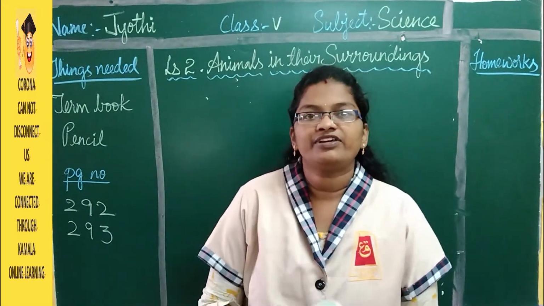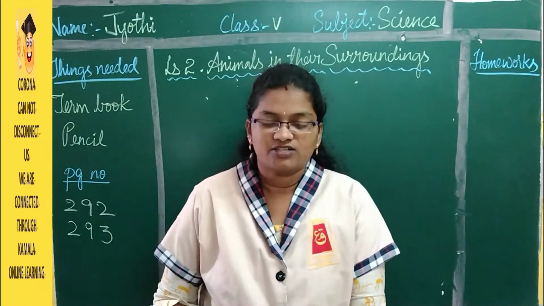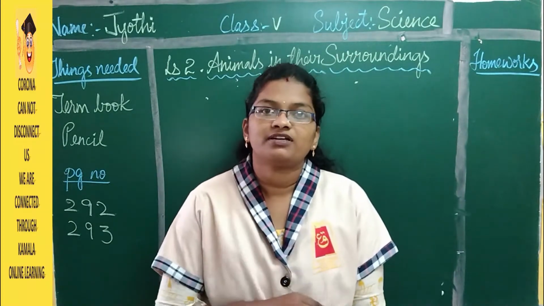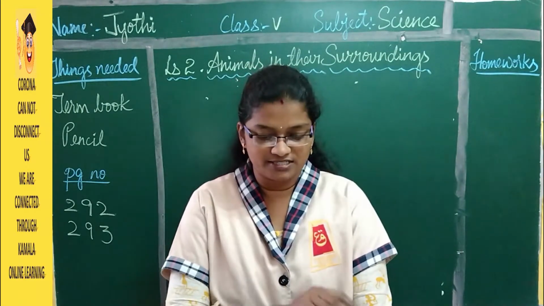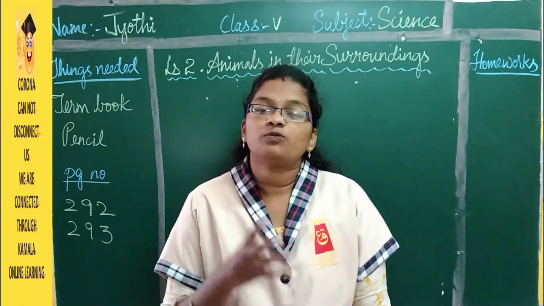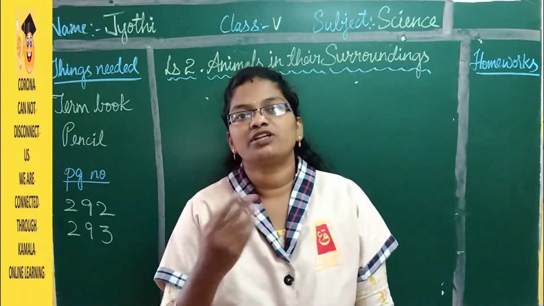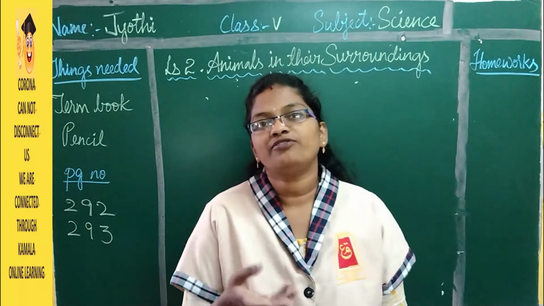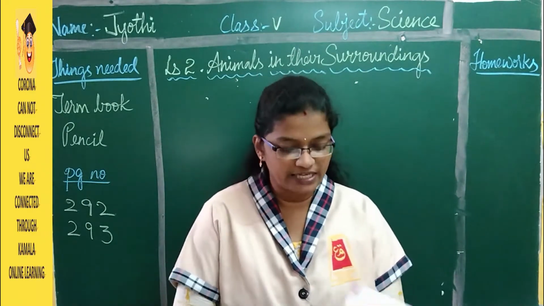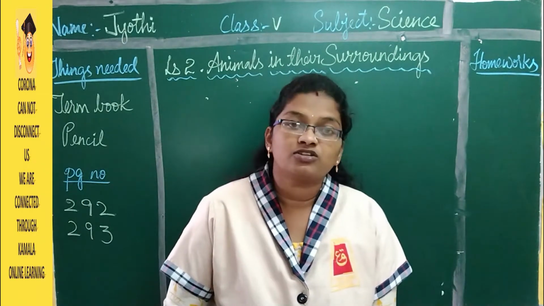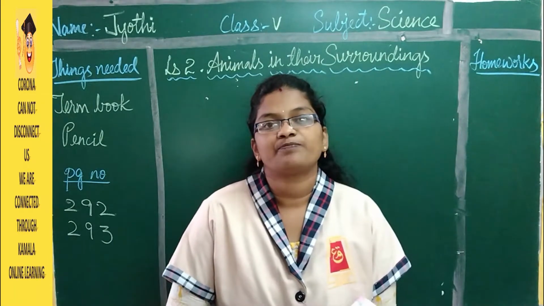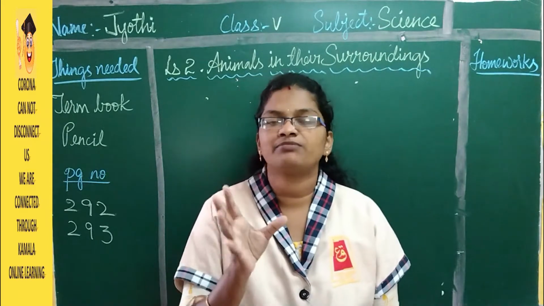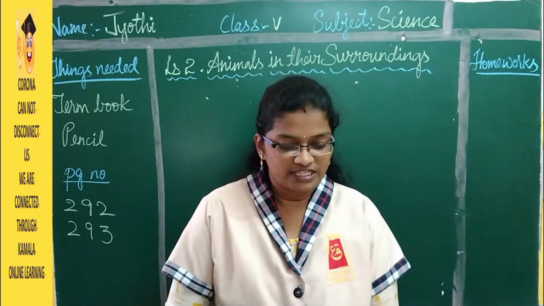So in lesson 1 we have learnt about plants. What are the different climatic conditions and how do they adapt themselves to their climatic conditions, and how do plants grow, from where do they grow? They grow from the seeds, right? And what are the different ways of growing the plants, that also we have learned. And crops and vegetables we have learned, that is cultivating a large number of plants of the same type at a time. So that we have learned.